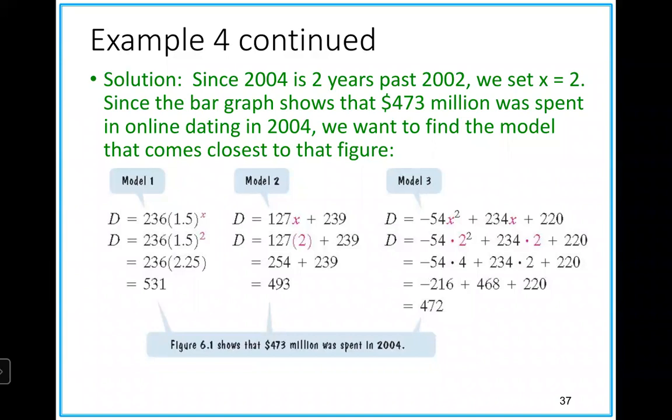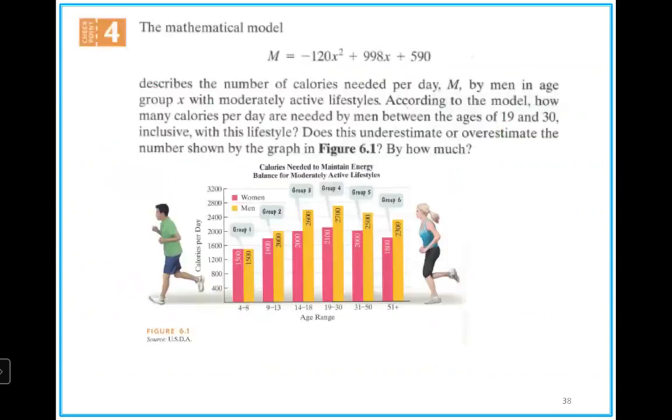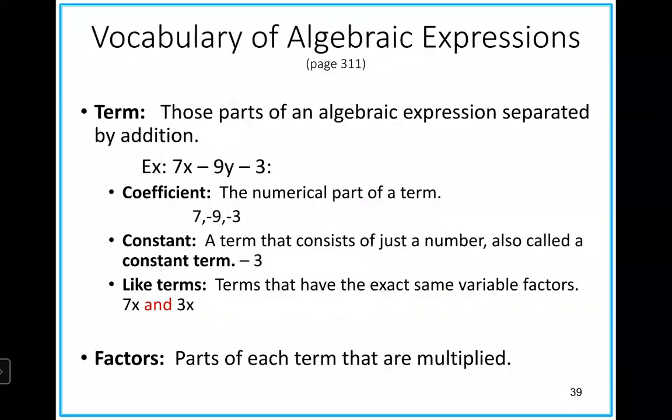Sometimes one model will fit certain situations but not others, so we try to find a model that works best for a wide range of situations relating to a particular type of scenario. So this is just one example, and we have a checkpoint here, but I am going to skip that for now, and we're going to move on to